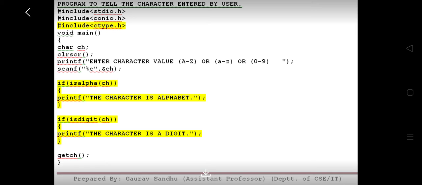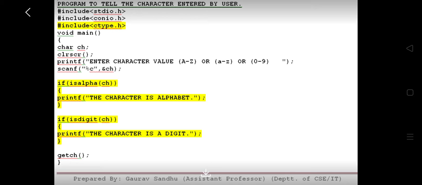The program asks for a character from the user, which will be stored in ch, and isalpha and isdigit functions are used inside the if condition. Now suppose ch is capital G, which is asked from the user. The isalpha function will check whether that ch belongs to the alphabets.